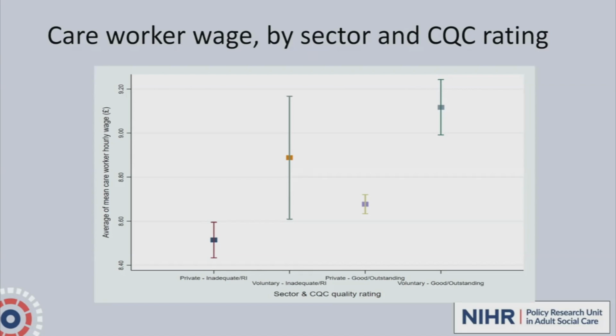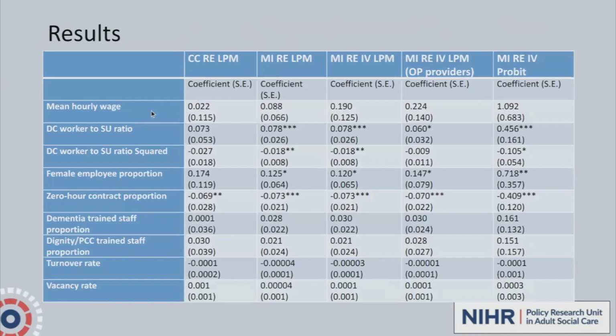When we get to the regression analysis, our results are as such. I'm just presenting here the findings for the staffing factors. This is when we control for all the provider level factors and all the local level characteristics that we've matched into the data. We've got 5 columns of results here. CC represents complete case, which is when we don't control for any missing data, so we just use the data we observe. We expect these results to be biased. And then MI is multiple imputation, when we address the missing information.